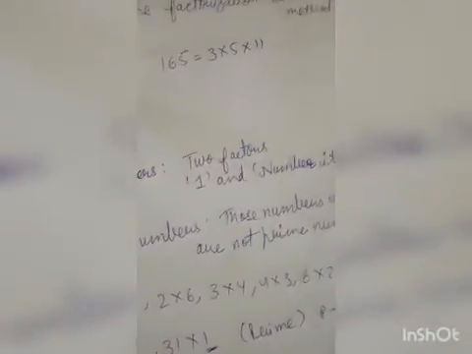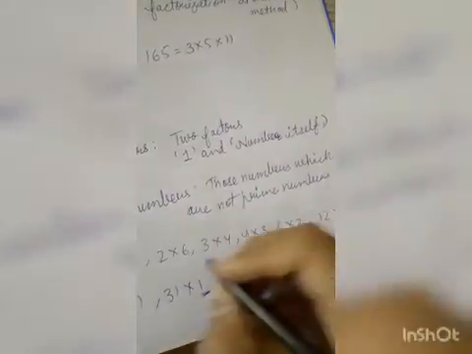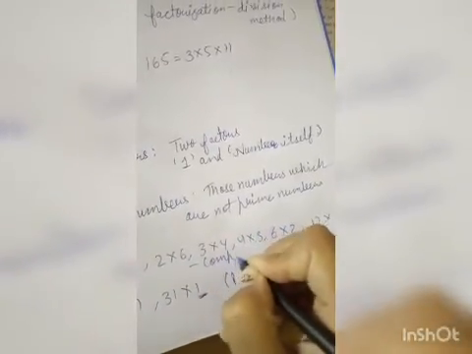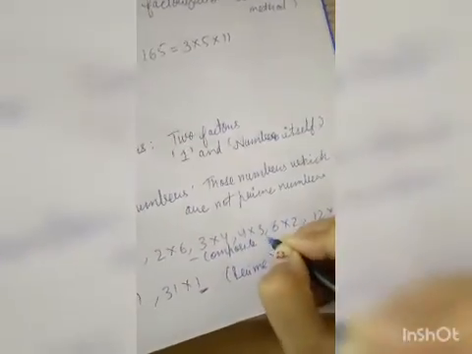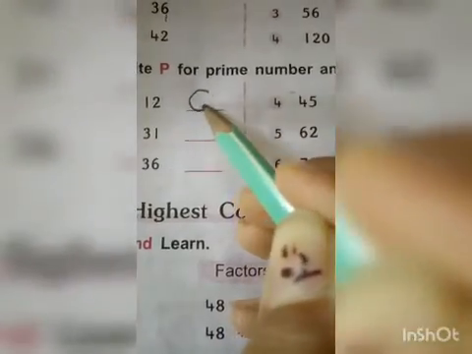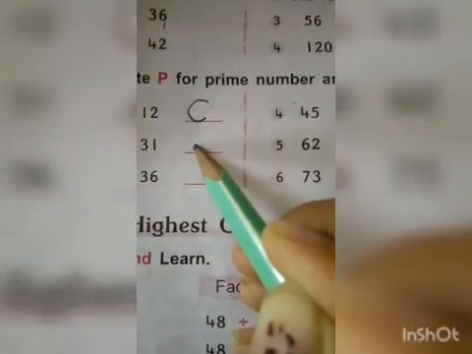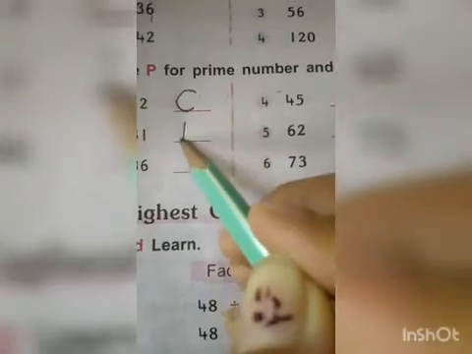And if a number has more than two factors, that means it is composite, so we have to write C. Okay, so 12, as I have solved, is a composite number, so I will write C. And 31 is a prime number, so I will write P for it. Rest of the questions please revise yourself and do them in your rough copy. In the next class we will study highest common factor.